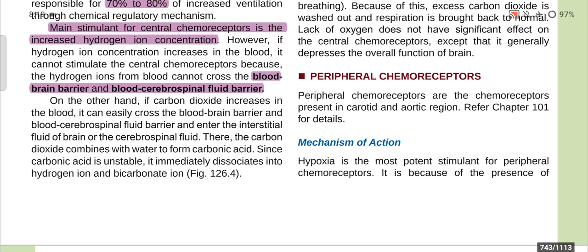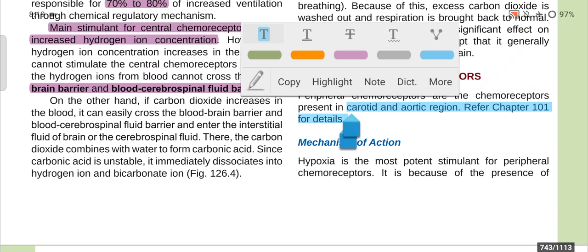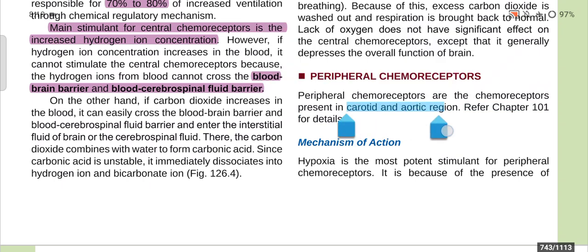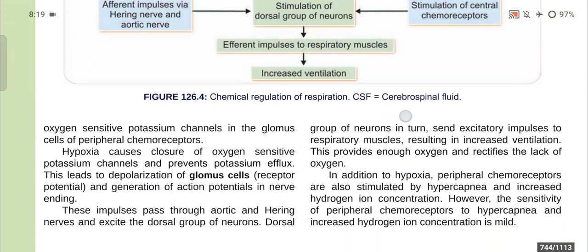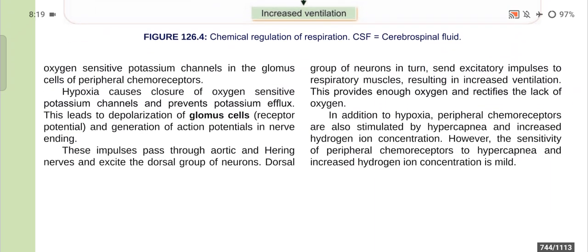Now, peripheral chemoreceptors are the chemoreceptors present in the carotid and aortic region. Mechanism of action: hypoxia is the most potent stimulant for peripheral chemoreceptors, because of the presence of oxygen-sensitive potassium channels in the glomus cells of peripheral chemoreceptors. Hypoxia causes closure of oxygen-sensitive potassium channels and prevents the potassium efflux. This leads to depolarization of the glomus cell,